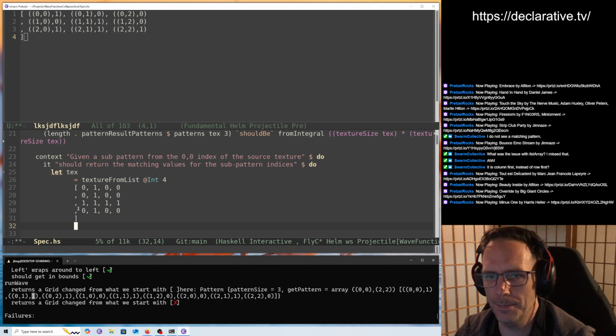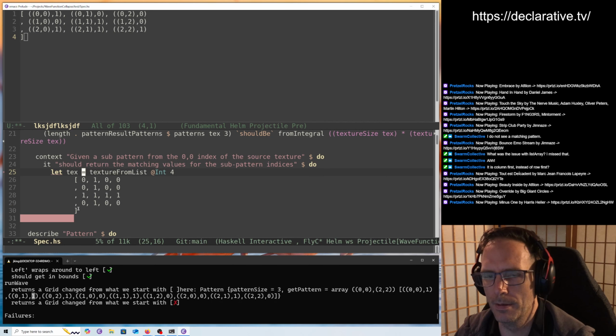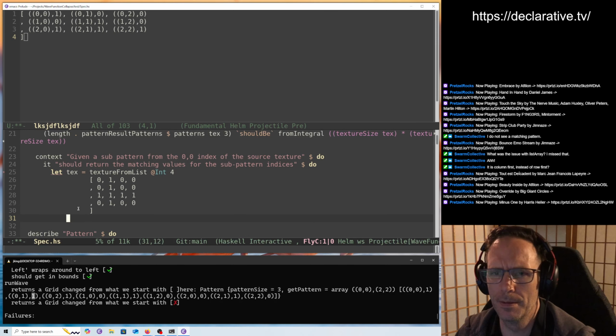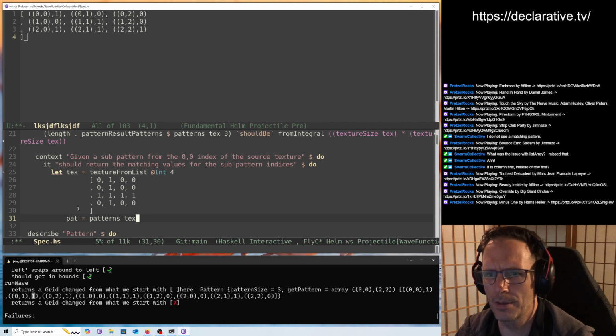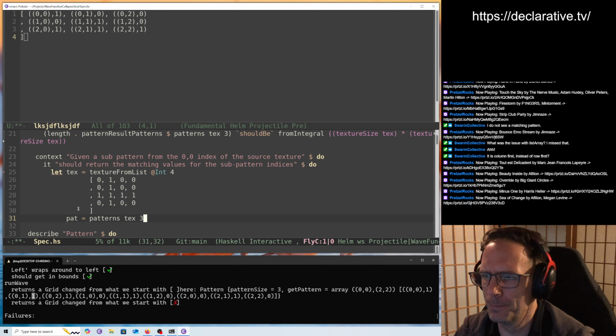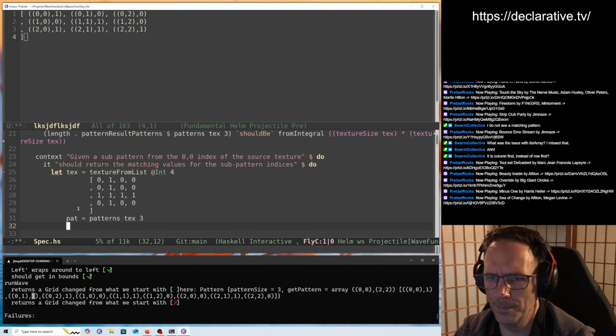Okay, and then we can get the subpattern. Let me put this over here like this. Get the patterns from texture of size 3. All right. Then